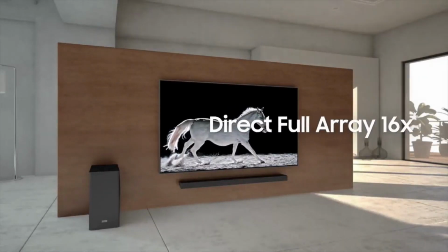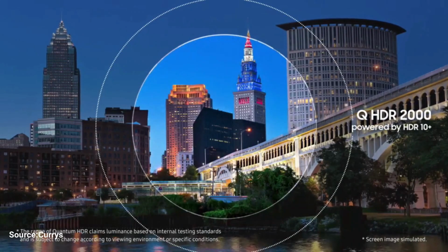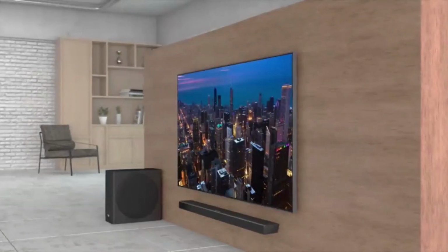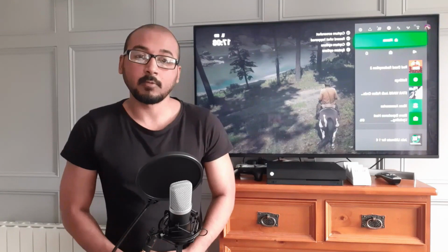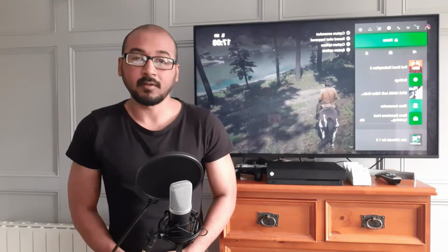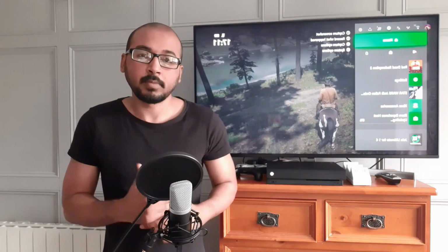Full array backlight LED, and it's quantum dot technology with quantum dot processor. Peak brightness up to 2000 nits, especially for a room with lots of windows, and if you're playing games, it can really kill the gaming vibe. With that kind of brightness, even in the daytime when you're playing game or you're watching movies, you don't get reflection at all, with especially anti-glare reflection. The brightness is a big plus point for a Samsung Q90 model, in my opinion, especially as compared to OLED